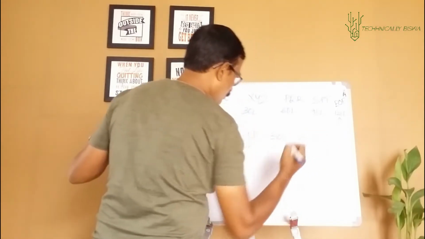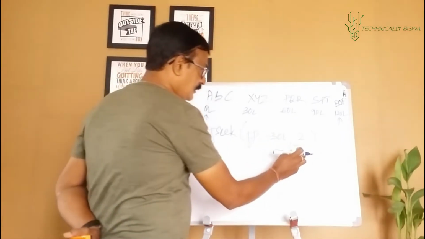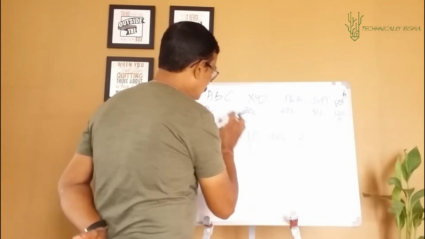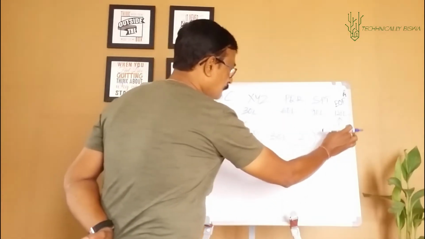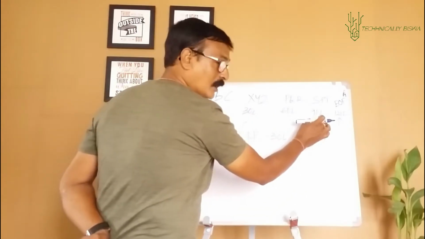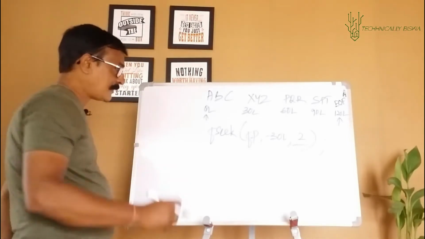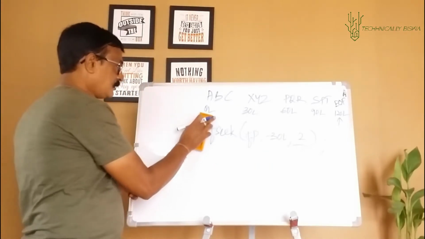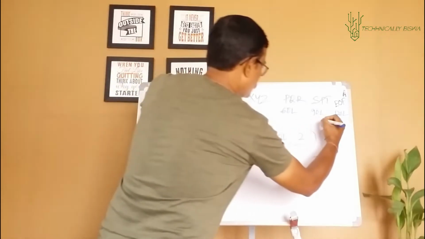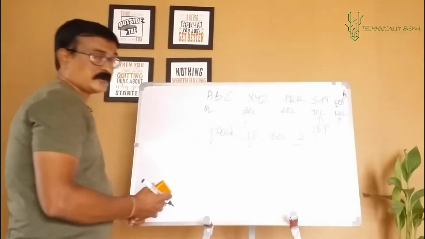What is 2? 2 is for end of file. So what will happen? My initial movement will be from 0L to end of file. From end of file it will go 30 characters back. It will be positioned where? On 90L. The file pointer at the end of this statement will be positioned here at 90L. Got this, I hope?